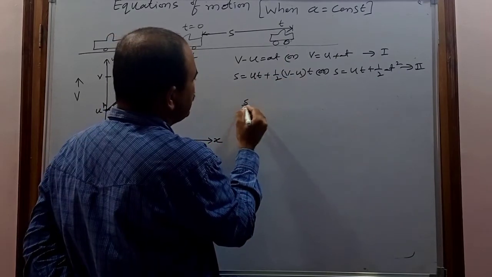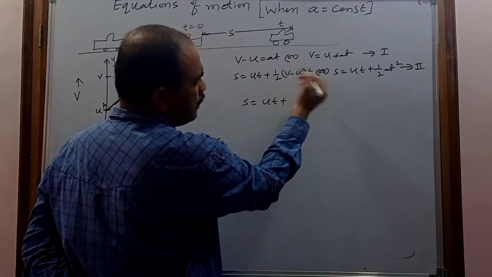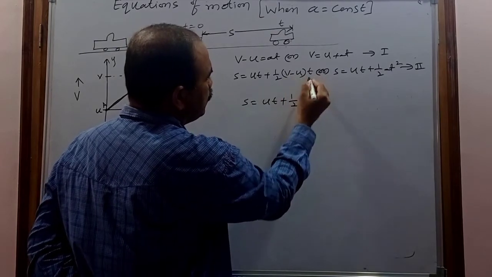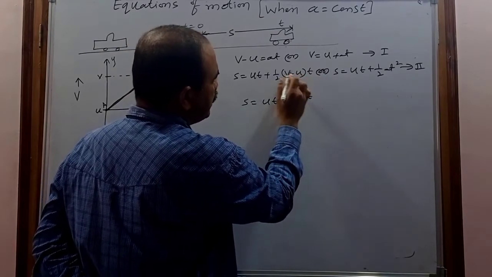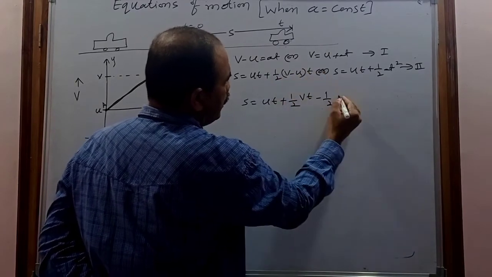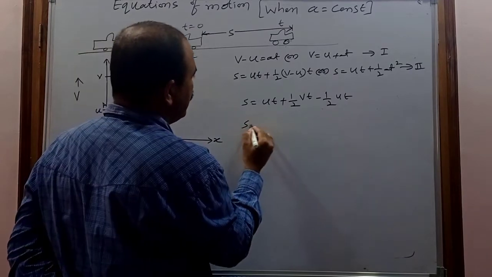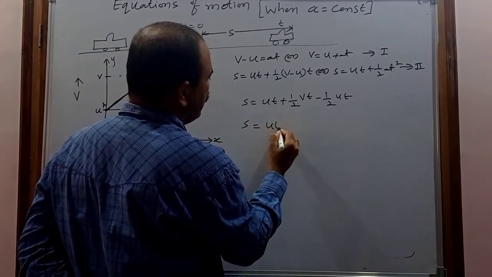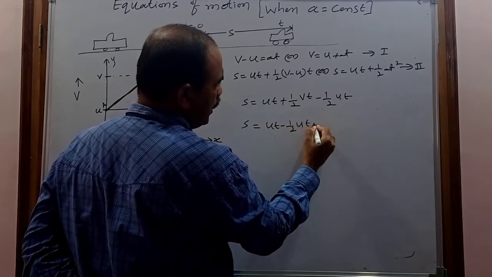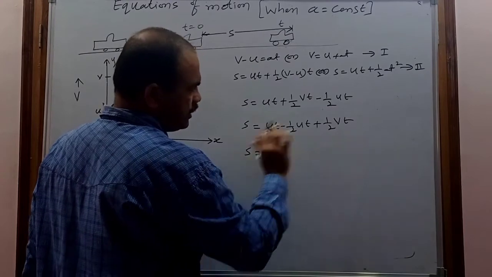So now s equal to ut plus, when this 1 by 2 is multiplied inside, what do you get? 1 by 2 v into t, vt, plus minus 1 by 2 u into t, ut. So s equal to ut, and when I rearrange the equation, minus 1 by 2 ut plus 1 by 2 vt. Next, if I simplify this one,